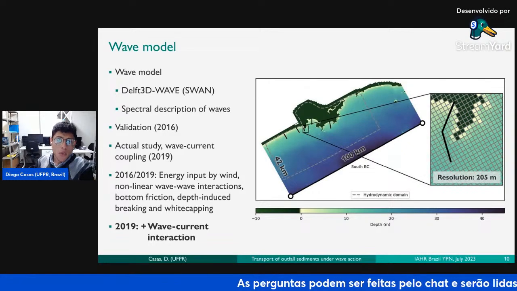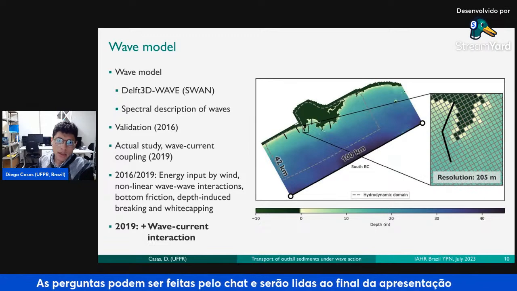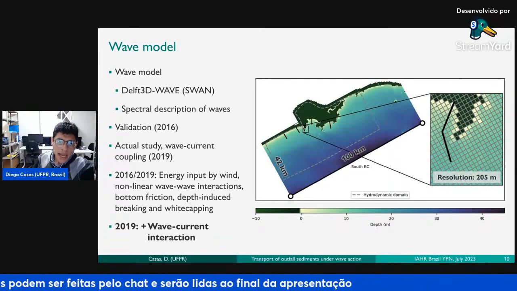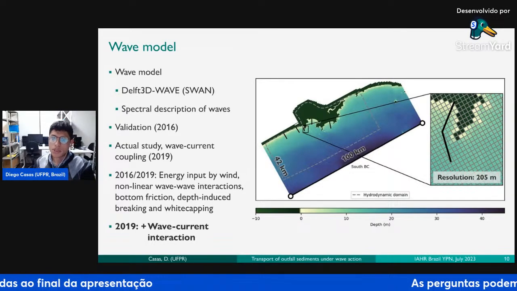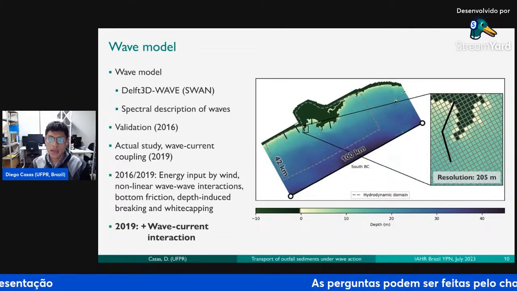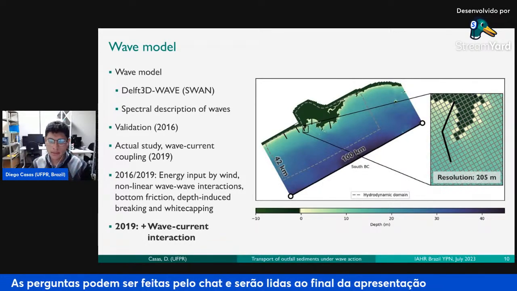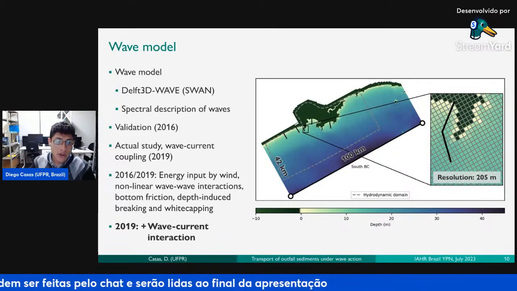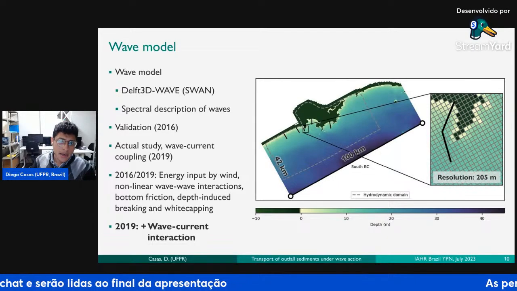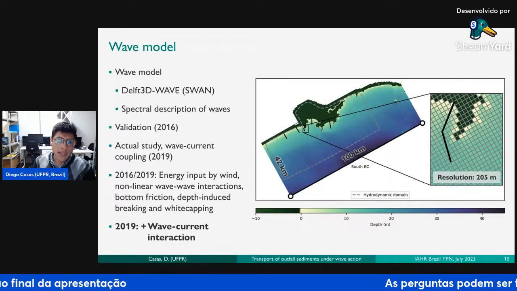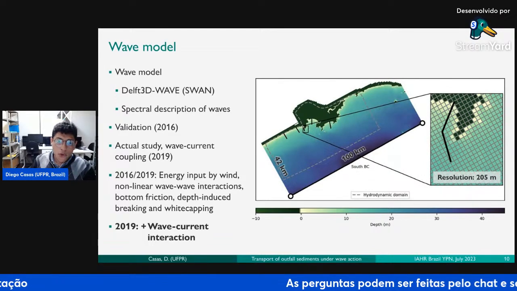And for our wave model, we use the wave module that is based on the SWAN wave model. This uses a spectral description of waves in which we don't consider regular waves. We consider that a wave state or a sea state is a combination of several linear waves, several trains of regular waves. We use data from a wave buoy in the middle of the Santos Bay for 2016 in order